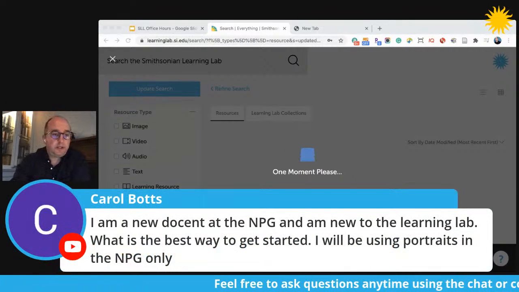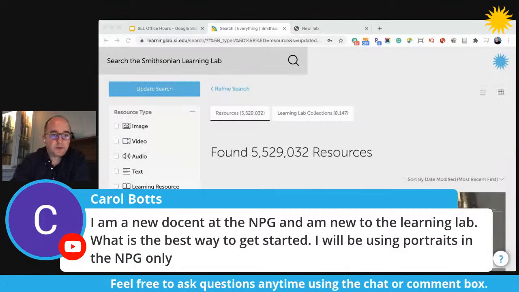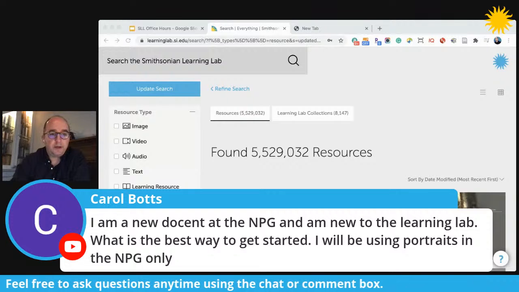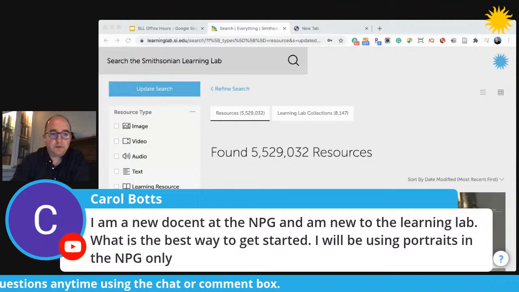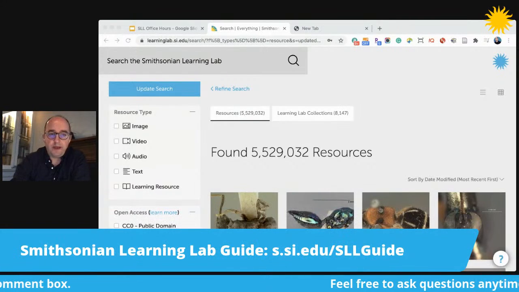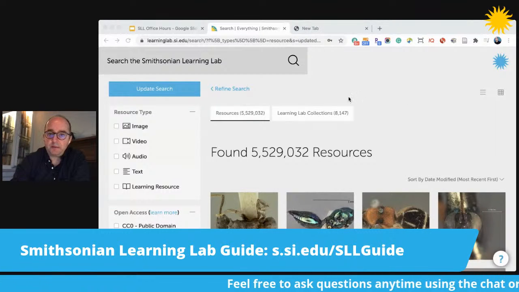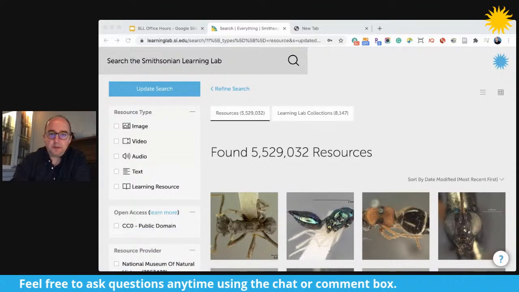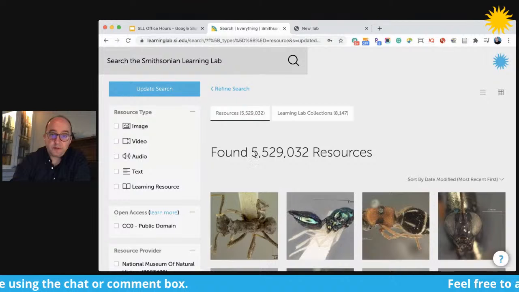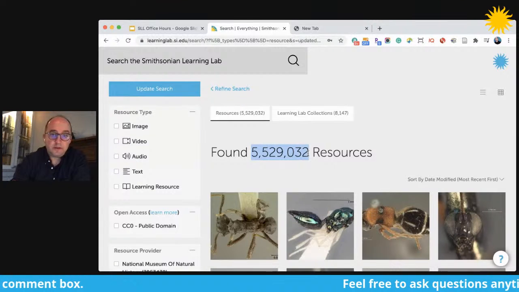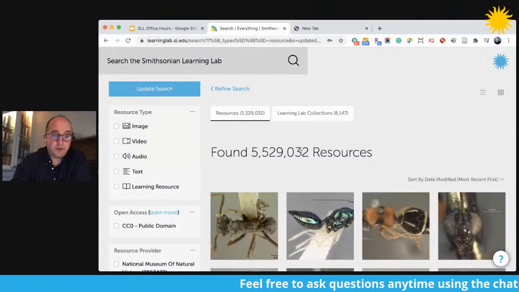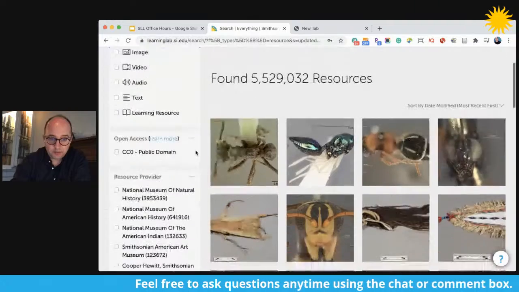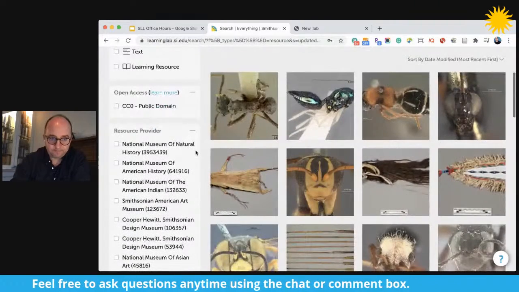And again, we're looking at Carol's question. Carol's just joining the Smithsonian as a new docent at the Portrait Gallery, and she's looking for getting access to the portraits. So I'm going to move that away. And Carol, I'm going to also get rid of that link so we can see a little bit more of the screen. So I've done a search here, and so the Learning Lab has 5,529,032 individual resources. But you said you just want things from the Portrait Gallery, so I'm going to come over